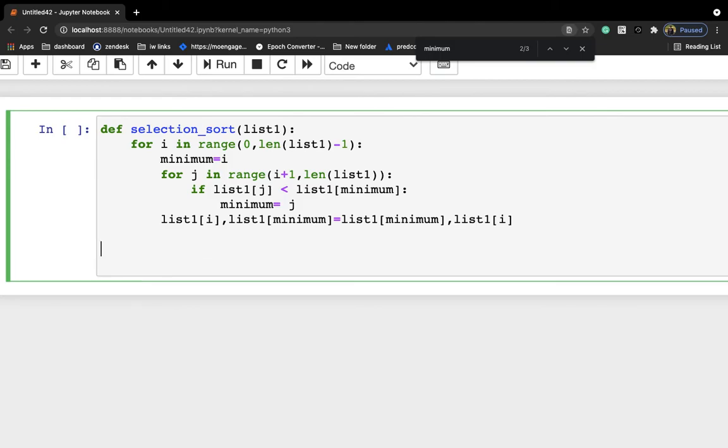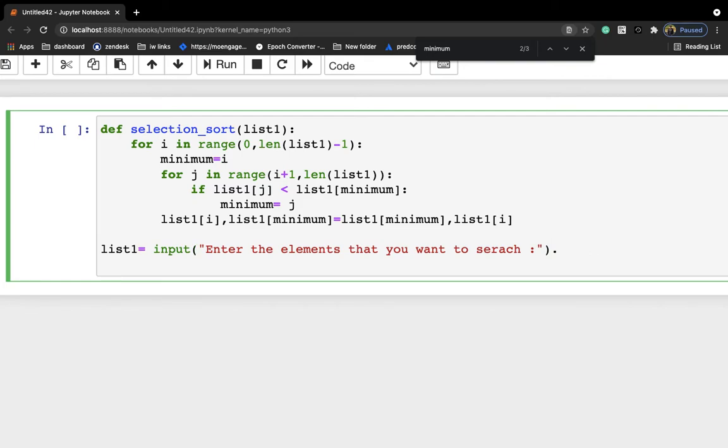After this I am writing list1, and I will take input from the end user using the input function, which is a default function. I am writing here, enter the elements that you want to search.